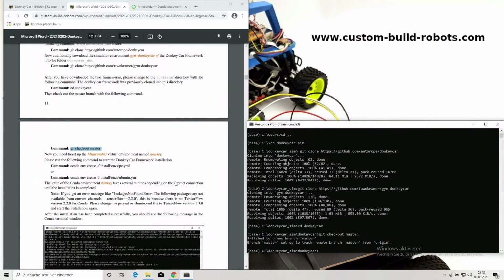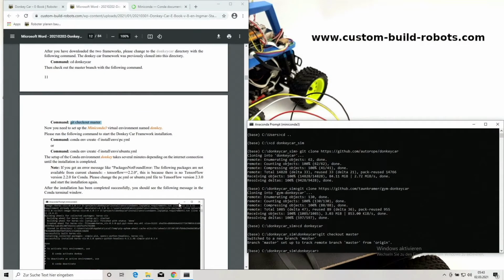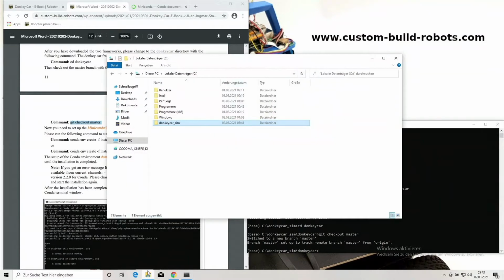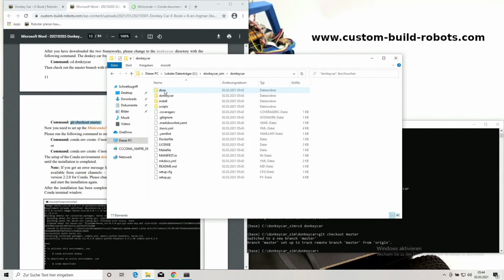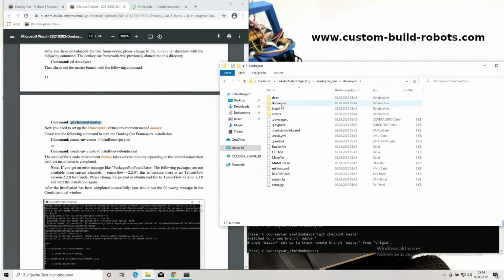Perfect. Alright, now we have to install the Donkey Car framework. But first of all, we have to check the installation file if everything is correct. So we go into donkeycar_sim, donkeycar, then in the folder install,